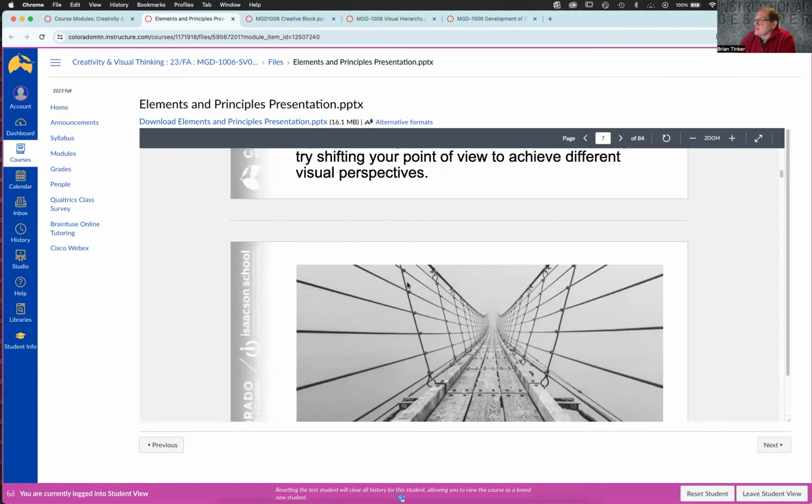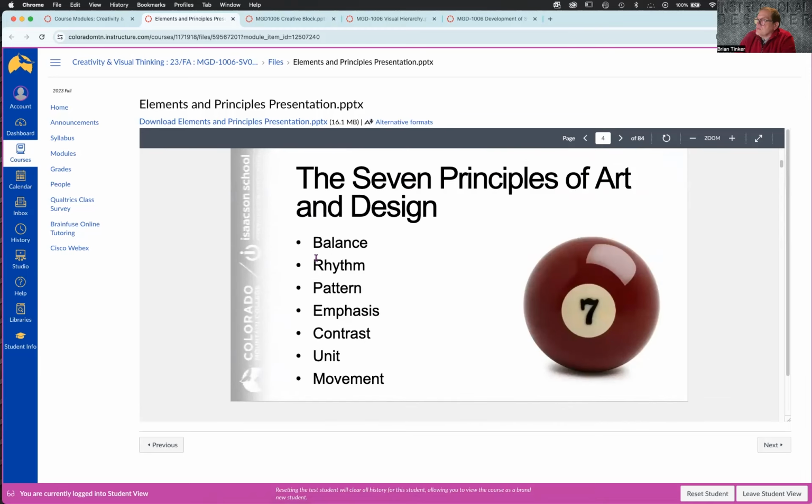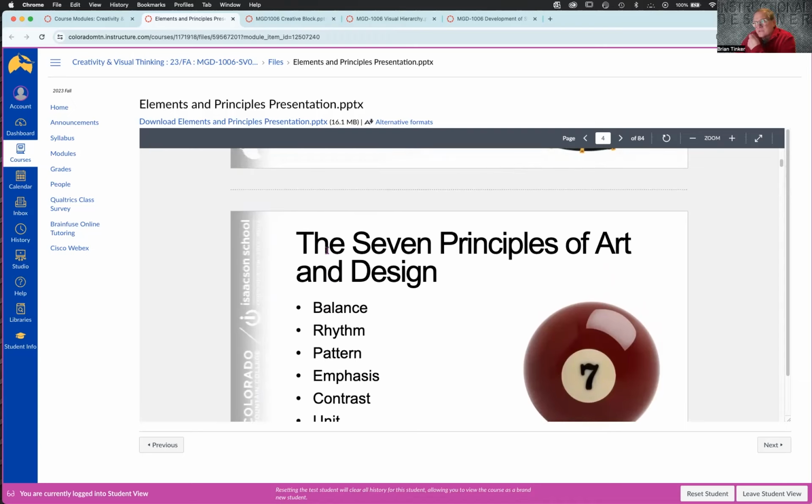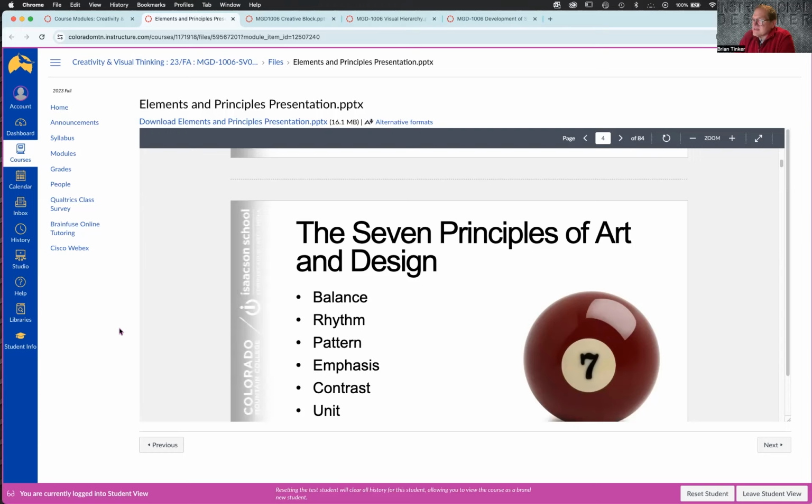One of the reasons why it's so long is it goes over multiple descriptive models, because the students need to understand that the visual communications field can't decide on how it wants to talk about things. And so there are 7 principles of this and 6 rules of that and 8 something of something. And it's all dancing around the same topics, but using different models to describe them. And that sort of uncertainty and chaos is something they're going to have to get used to, because that's commonplace in the visual professions, where not only are there multiple ways of doing the same thing, but there are multiple ways to talk about the same thing.